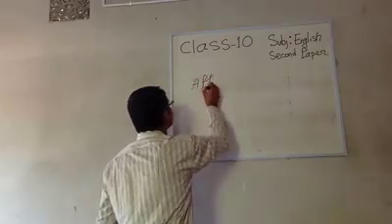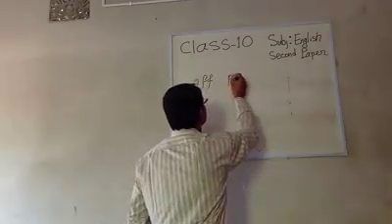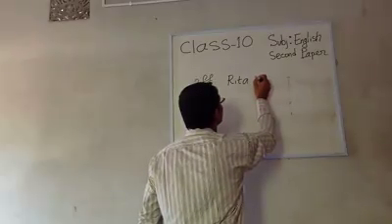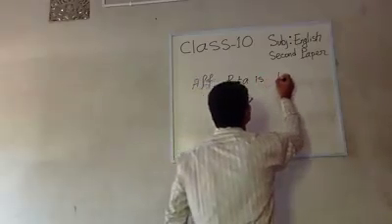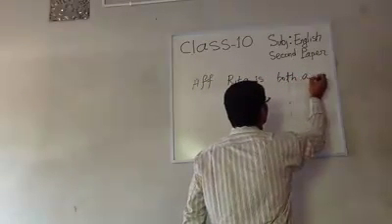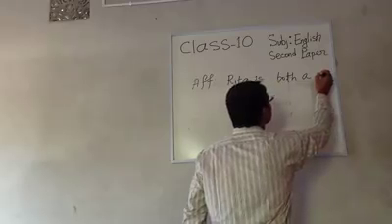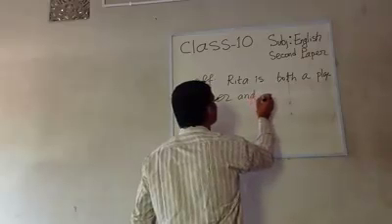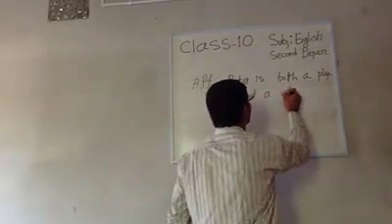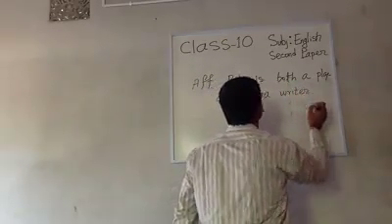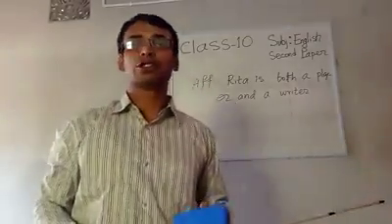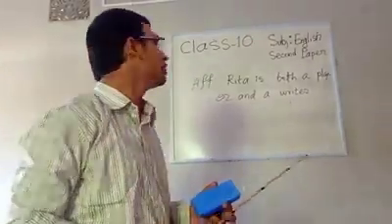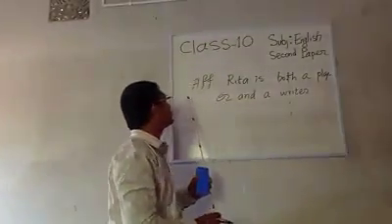If you find such a type of sentence in affirmative: Rita is both a player and a writer. রিতা একজন খেলোয়াড় এবং একজন লেখকও, উভয় তার দুইটা গুণই রয়েছে।